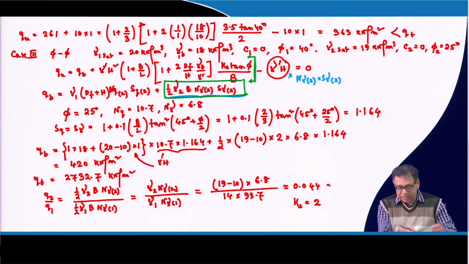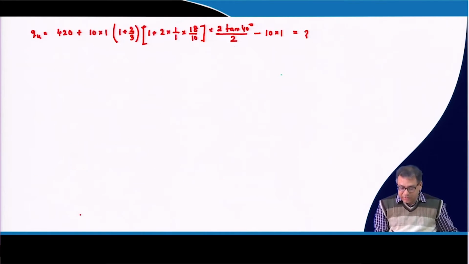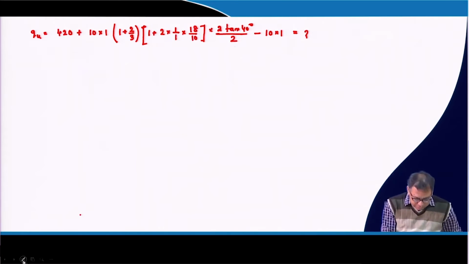Otherwise, if you consider the QB part during this second term during QB calculation, then you have to subtract. And if you subtract only gamma dash into H for clay soil, I think there is no problem, but for sandy soil, as per my suggestion, you calculate the N gamma 2 and S gamma 2. You incorporate N gamma 2 and S gamma 2 within this calculation also. So, now if you incorporate that, then your equation will be